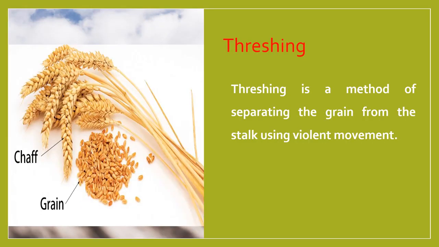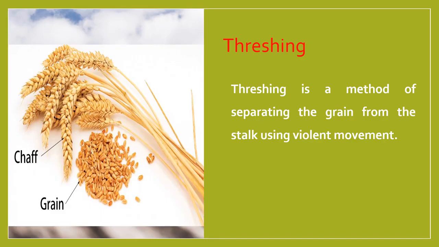When we pluck flowers from plants, we are separating the flowers from their stalks. Can we do the same for food grains like rice and wheat? It is not possible because the grains are small in size and also the quantity is very large. Farmers separate grains from their stalks by beating them hard. The grains are separated from their stalks.